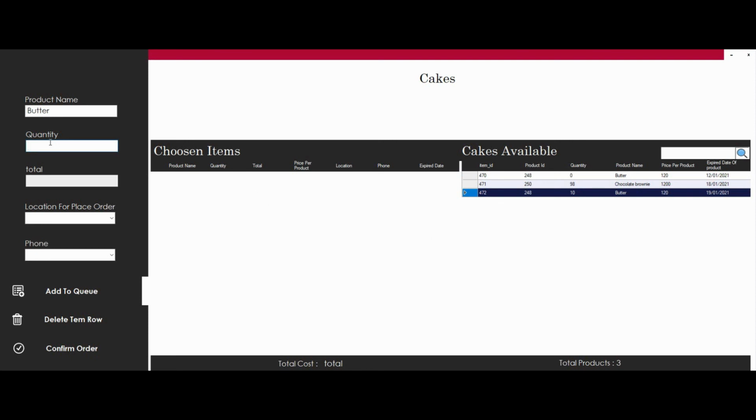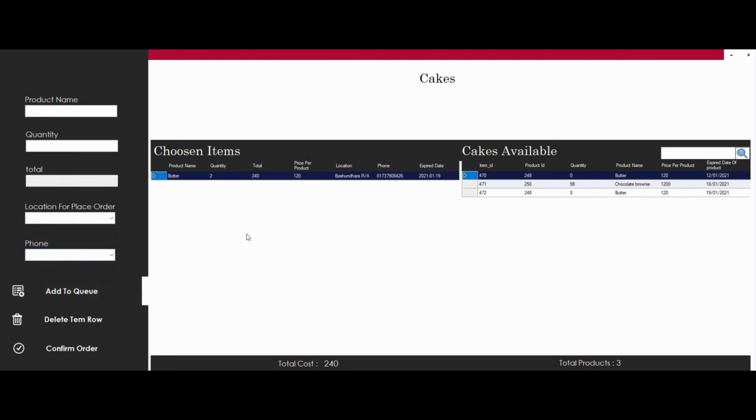to buy. Suppose he wants to buy 2 butters, and the location he has to select, and this calculation will be done automatically, and he has to select his phone number, and if you press add to queue, you can see the information in this table, and here the quantity is 2, and here 2 quantity is deducted. And if you want to delete this order, he just has to double click over this row again, and if you press delete this item, you can see this item disappeared, and the 2 quantity is also added